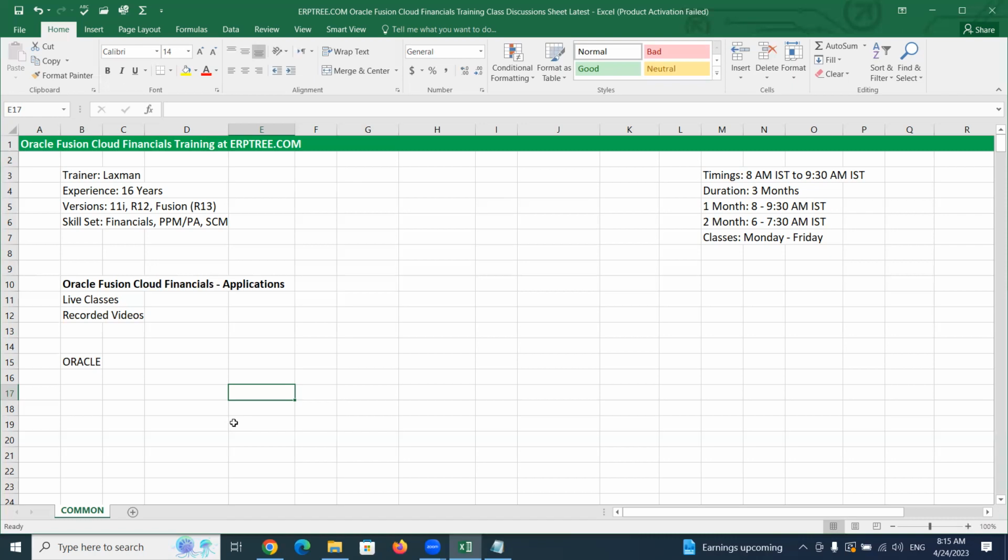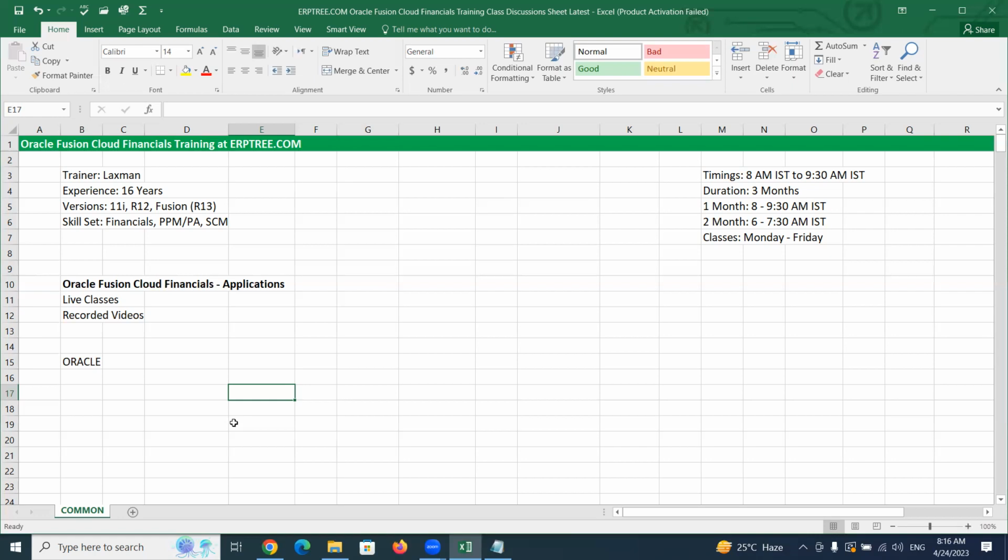Let's take the example of WhatsApp. It's very simple. You can just pass messages and call somebody, not more than that. There may be a few more miscellaneous features, but it is not a complex application. Anyone can start using that application. There is no training required. If somebody wants to use WhatsApp, no training is required. They can download, sign up, and start messaging, calling, and sharing.